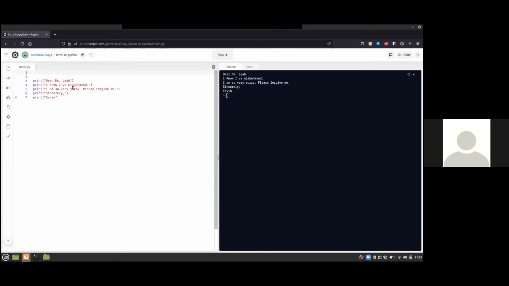Now, bear with me as I type this out. A variable is like a box with a label. And inside that box is where you put your data. So I'm going to label this box my underscore teacher. Now, the labels are a little weird. I can't use spaces in my labels in Python, so I use an underscore instead. And now that I have my label, I have to tell Python what we're going to put inside of this box. And in this box in particular, I'm going to put my teacher's name, Miss Leah.